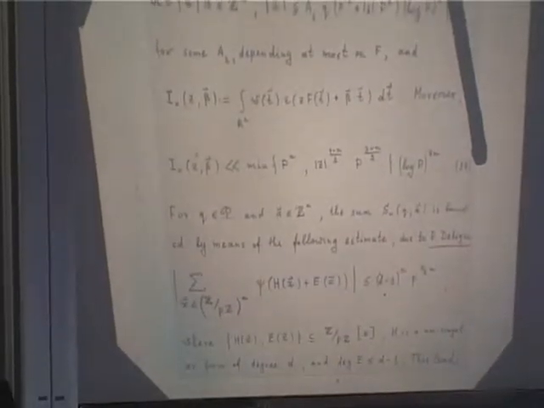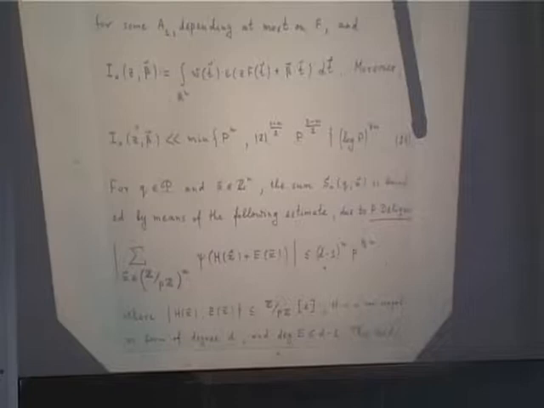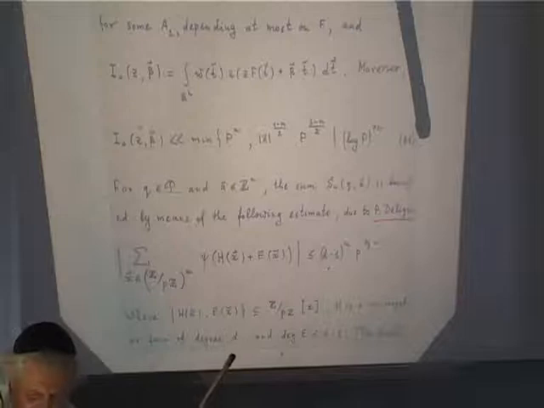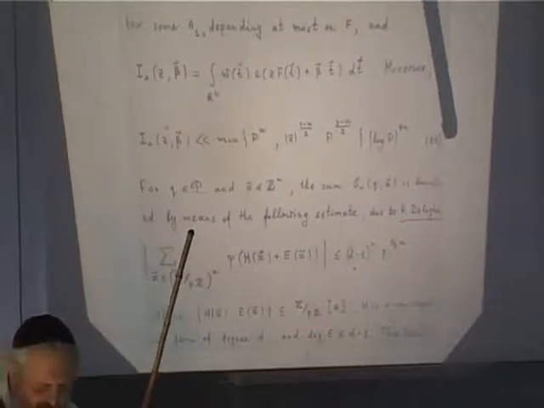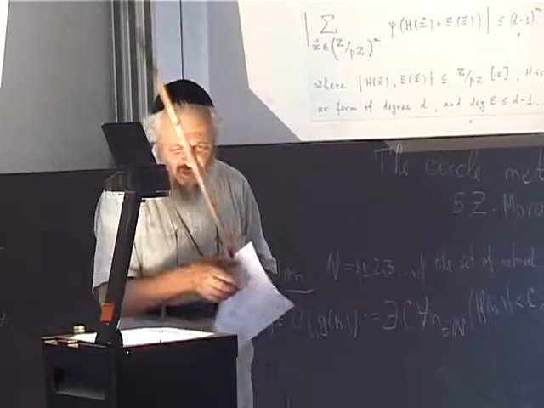So, psi, H and E are two. H is a non-singular form of degree d, and here non-singularity is used. And E is some additional polynomial of degree smaller than d. And then, if one applies this formula, one gets a satisfactory upper bound for S0 q z,